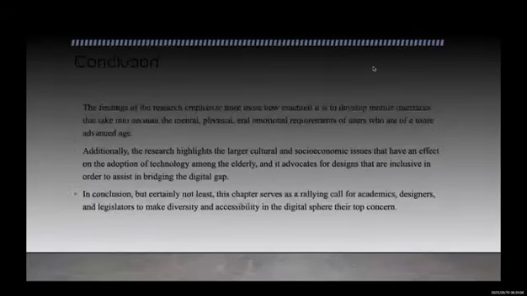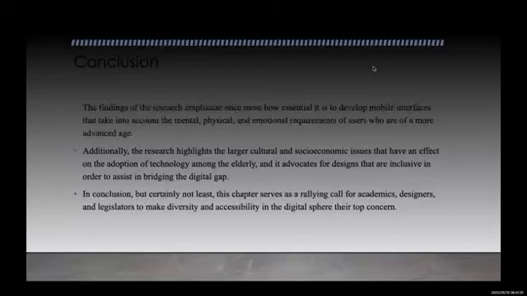In my conclusion, the findings of the research emphasize once more how essential it is to develop mobile interfaces that take into account the mental, physical, and emotional requirements of users who are of more advanced age.